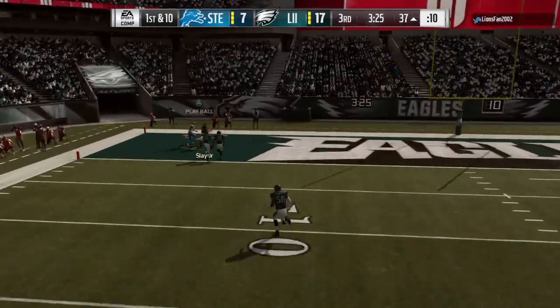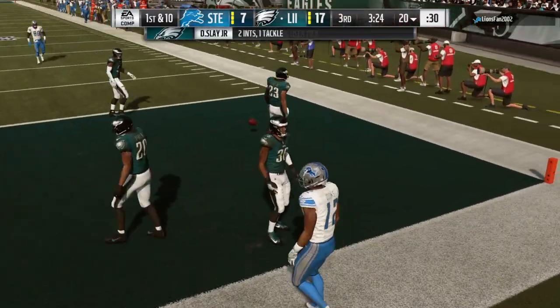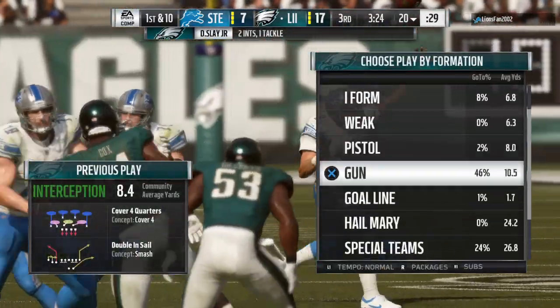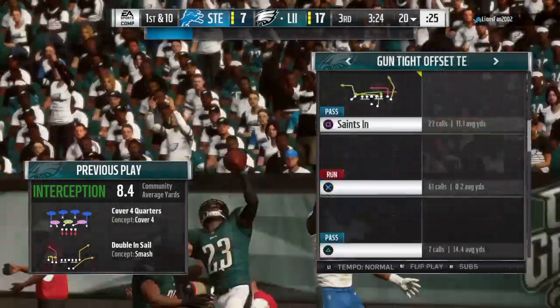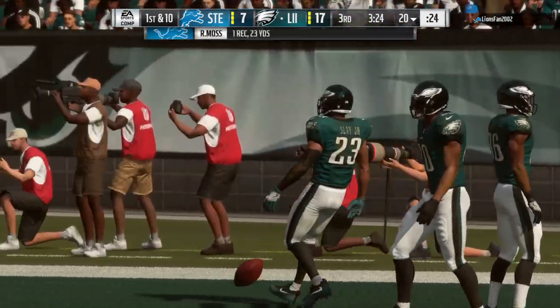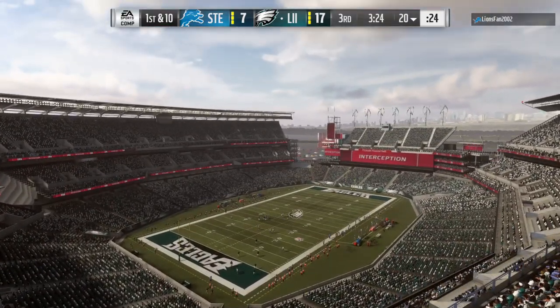He's letting it fly for Cooks. And this is going to be intercepted. Darius Slay with a pick. First possession of the 3rd quarter, an interception, so maybe a 2nd half tone setter. Indeed, and not the tone they wanted to set. That's the equivalent of running out the wrong door and running